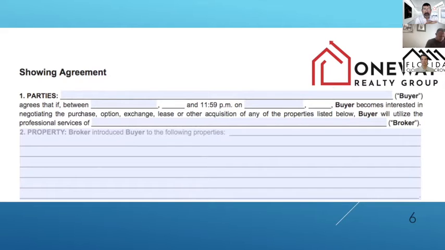You just list all the properties that you are going to show to this particular buyer. And this says that if the buyer decides to purchase one of those properties, he's going to buy those properties with you. And if he doesn't, then you can go after him. So as you can see, it says buyer becomes interested in negotiating the purchase, option, exchange, lease, or other acquisition of any of the property listed below. Buyer will utilize the professional service of, then you put your brokerage name,